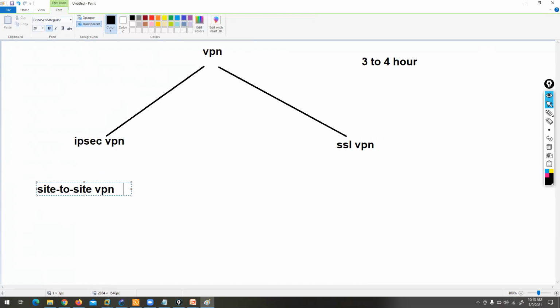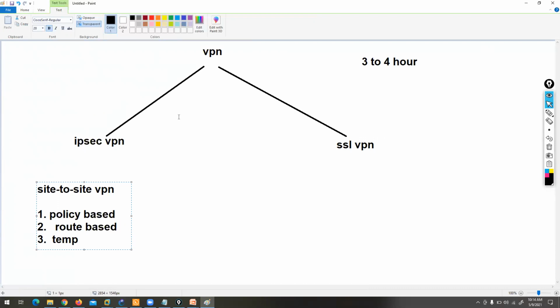Okay, guys, we can discuss in a proper manner, like what is encryption, decryption, hashing, what is phase 1, phase 2, what is the ESP protocol. We can discuss everything. First, the theoretical portion. In site-to-site VPN, in the FortiGate firewall, we have three labs only in IPsec. The first one is what? Policy-based site-to-site VPN. Second, we have route-based site-to-site VPN. And third, we have what?